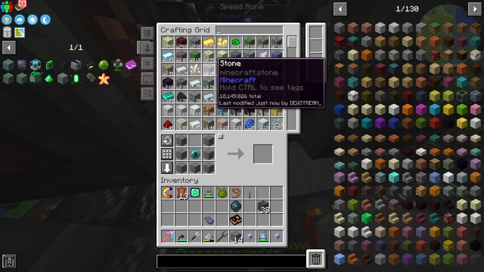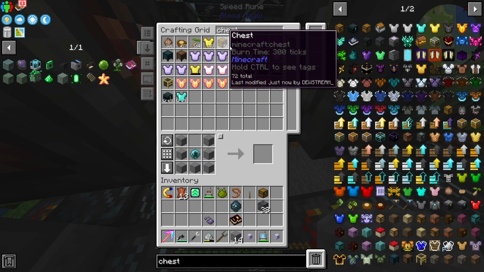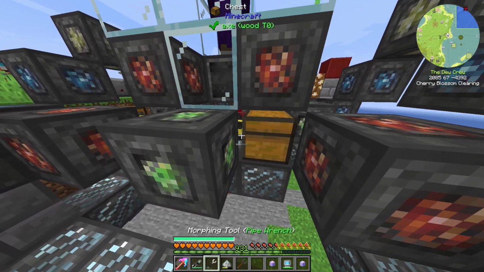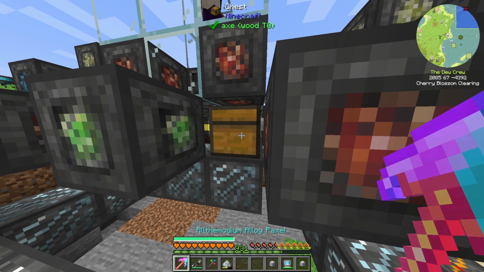All of our stone's been smelted, by the way. All the 10 million we ordered. Let's grab a chest. We have item pipes on us. Actually, no, I've already got an item pipe there. So I'm going to place a chest here. This guy is going to be extracting on the back. Like so. And this guy...